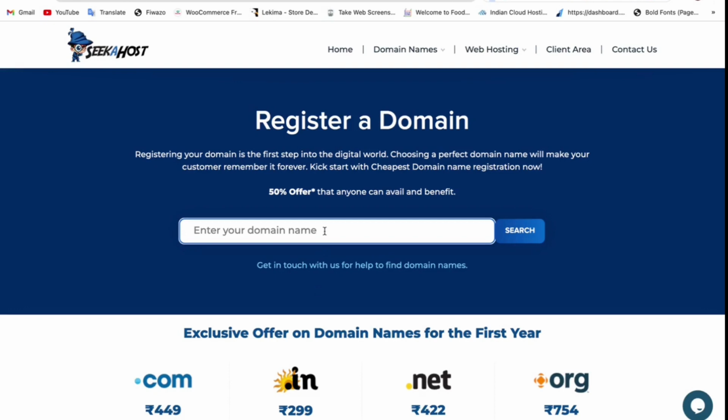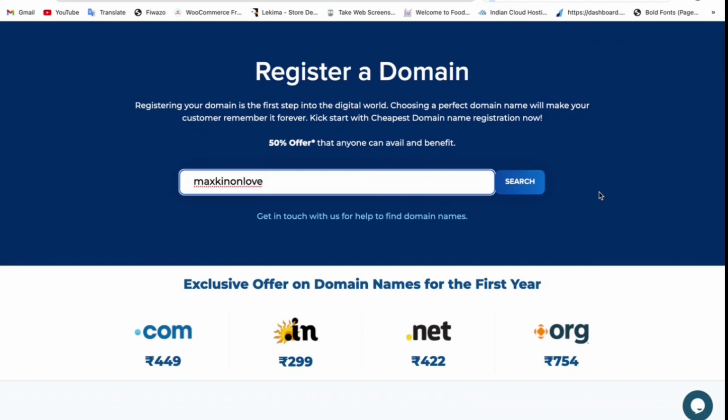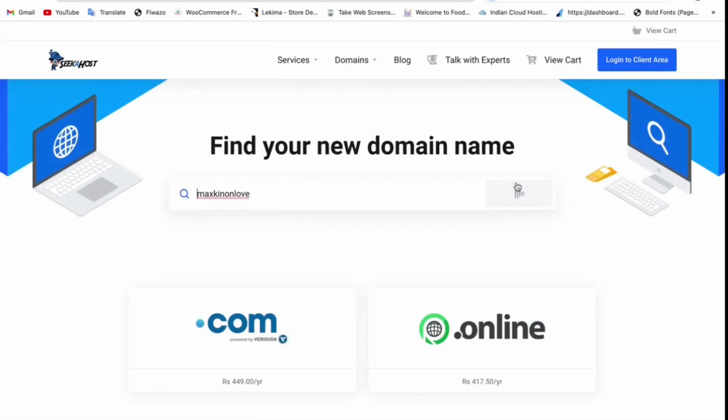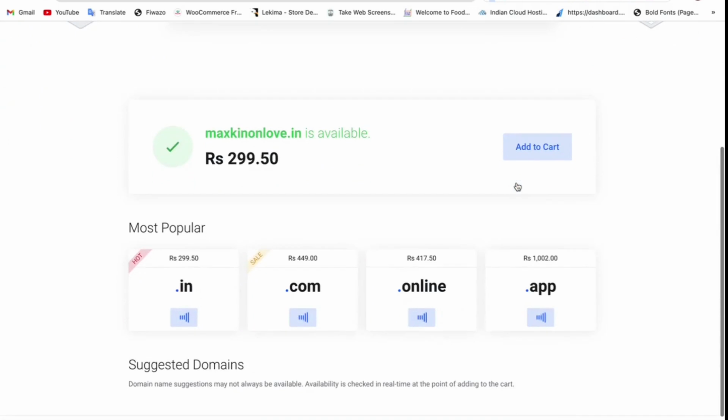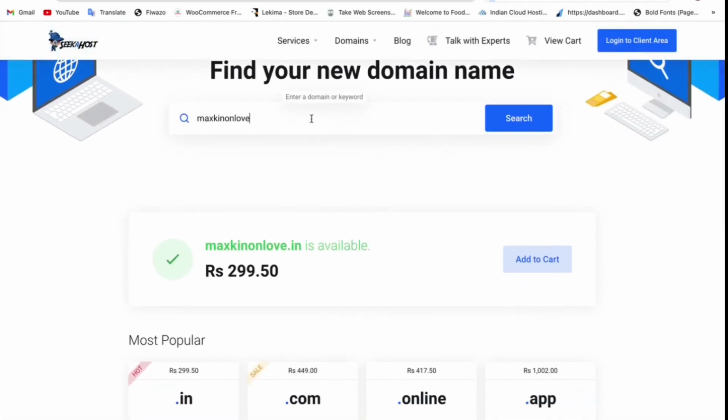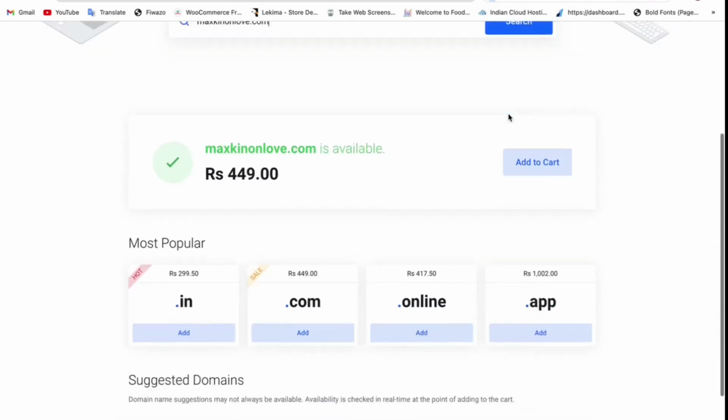Okay, so for now, search for the testing purpose. We use a demo name. Okay, just search here. If you put any name, it will show the .in domain. Okay, but if you put the .com extension here and search,